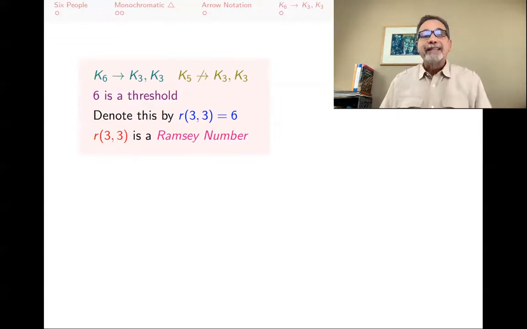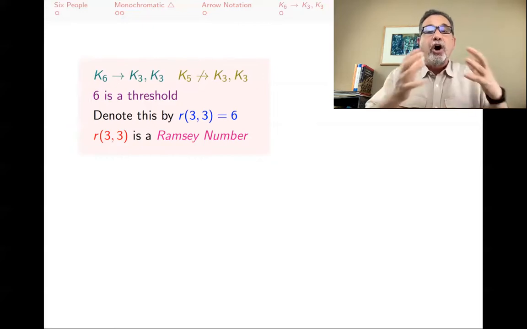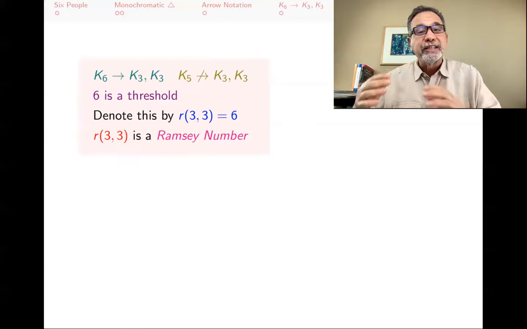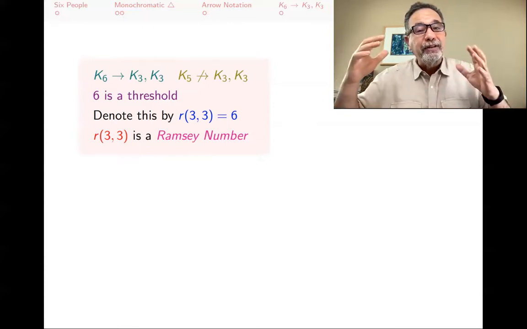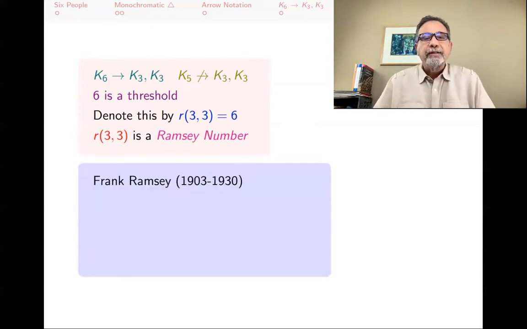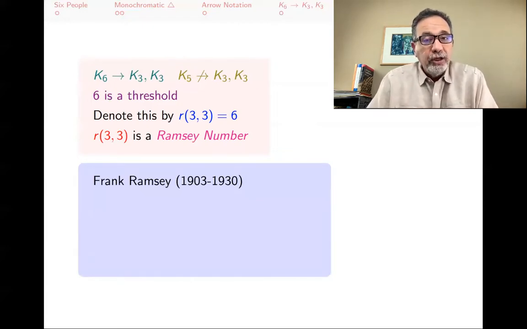We were hoping that we would get a monochromatic K3 or a monochromatic K3. R(3,3) tells us the threshold, the place where, if our system is big enough, our Kn is big enough for us to achieve that. This whole theory started with Frank Ramsey, who didn't live that long, but wrote important papers in mathematics, in philosophy,